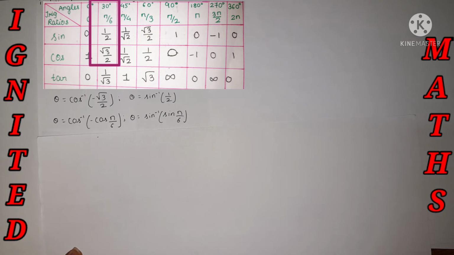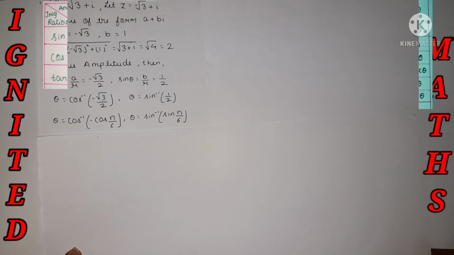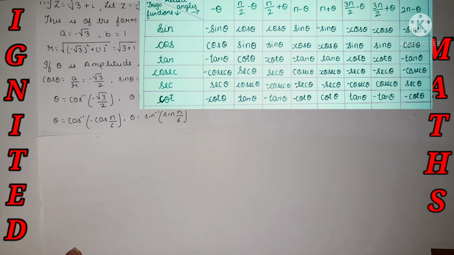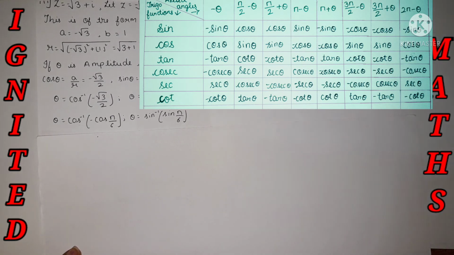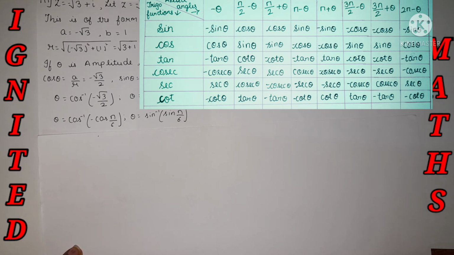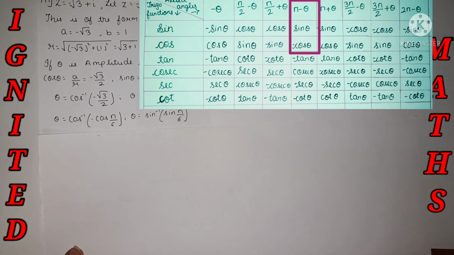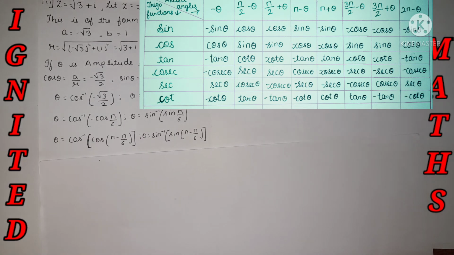Now we need to use the trigonometric function of the allied angles formula. The formula is cos of pi minus theta is equal to minus cos theta. Over here theta is equal to pi by 6. So cos of pi minus pi by 6 is equal to minus cos pi by 6. Just apply the formula. And over here sin of pi minus pi by 6 gives the answer sin pi by 6. In a very easy format we have done it.